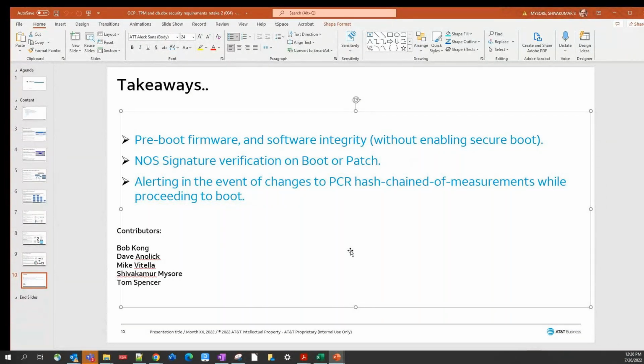So what is the contribution to OCP? Is it going to be a spec that describes all this? Is it going to be software or source code, or what all is going to be part of the contribution? Well, I don't know. We have a write-up for the section which describes pretty much this process. It doesn't go into much detail about the UEFI and so on. And even this presentation doesn't go into all the detail of how the NOS vendors and the ODM vendors in play are going to help us to facilitate this. But that write-up